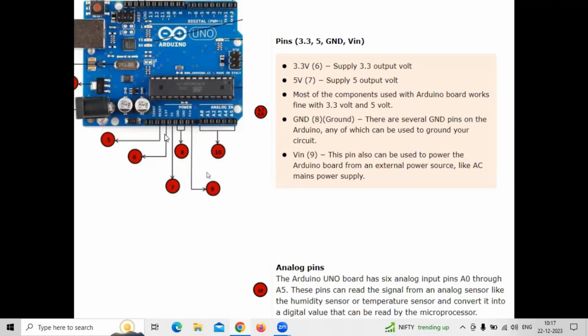Pins 6, 7, 8, 9, 10. Here we have pin number 6 is 3.3, means to supply 3.3 volts output. And to supply 5 volts as output, we connect to this particular pin. And then pin number 8 is ground. And pin number 9 is Vin, to provide an external power source as voltage input like AC mains. And pin number 10,